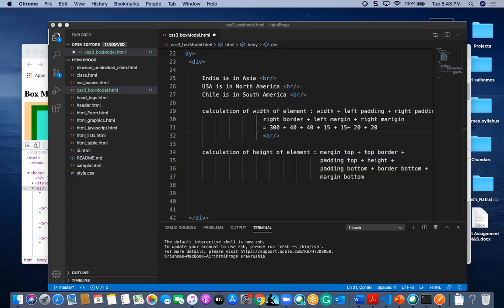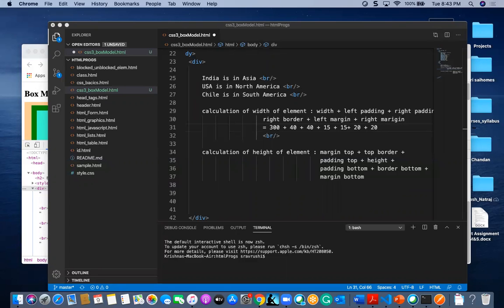So next we'll see about CSS outline style. There is one more thing known as outline style.